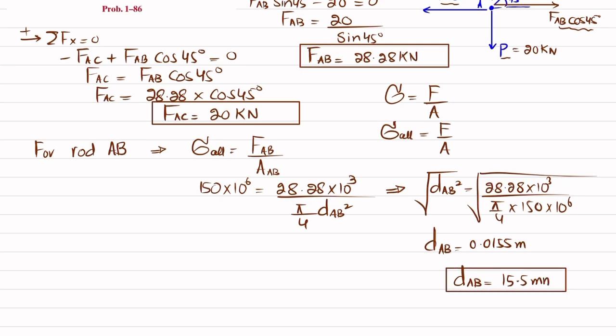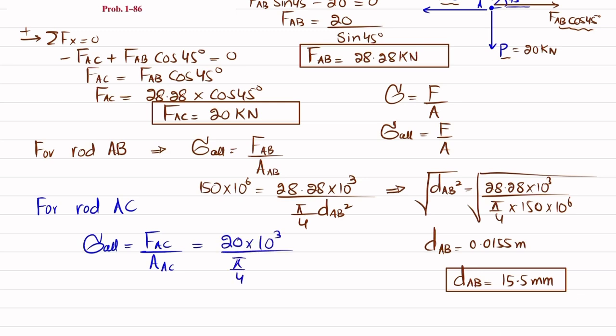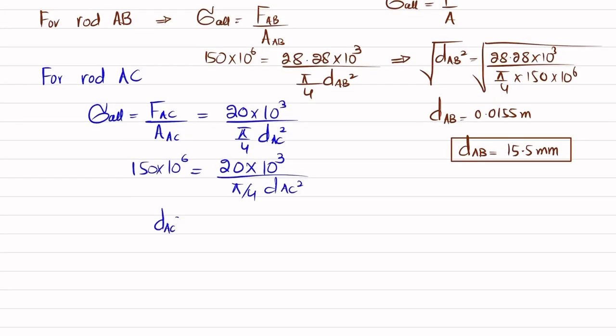Now we'll find it for rod AC. For rod AC, the allowable tensile stress is equal to FAC divided by the area of AC. FAC is 20 kilonewton. We are interested in finding the diameter, so the area is pi by 4 DAC square. The allowable stress is 150 megapascal. So 150 into 10 to the power 6 is equal to 20 into 10 to the power 3 divided by pi by 4 into DAC square. From here, DAC square will be equal to